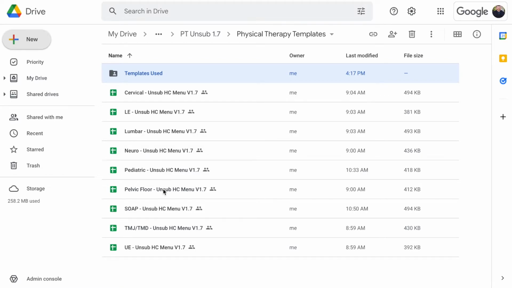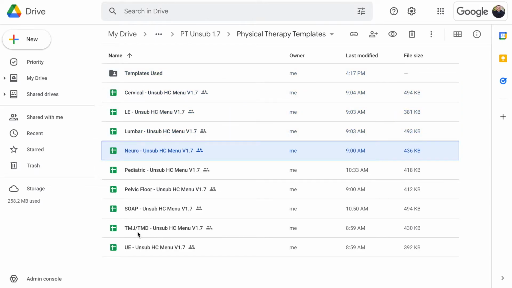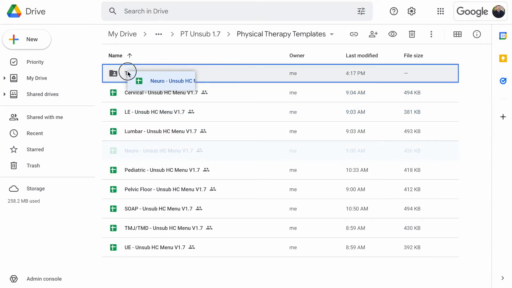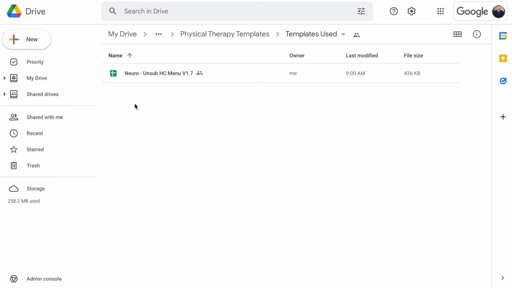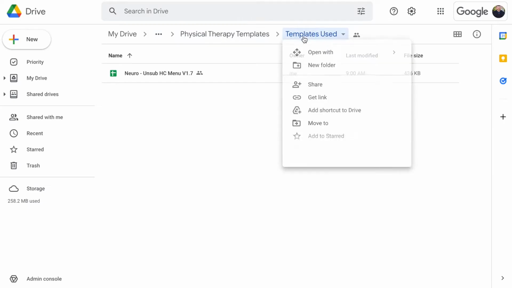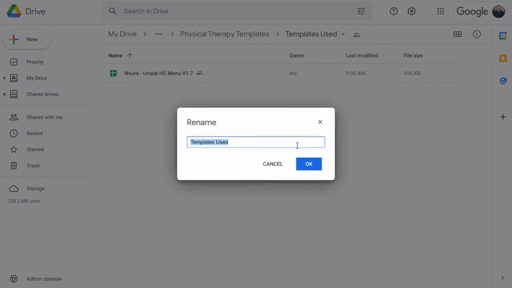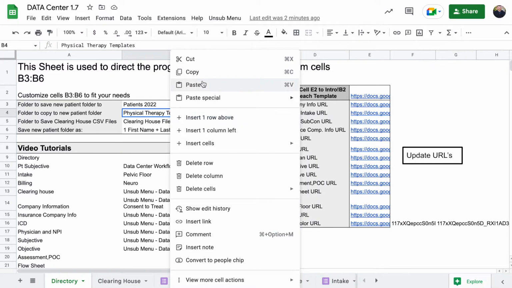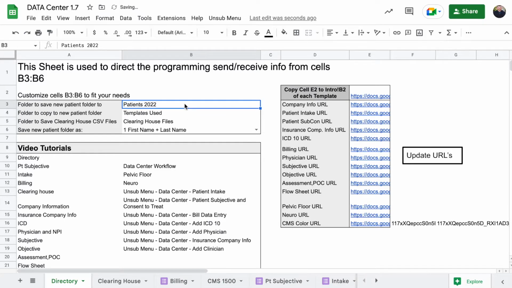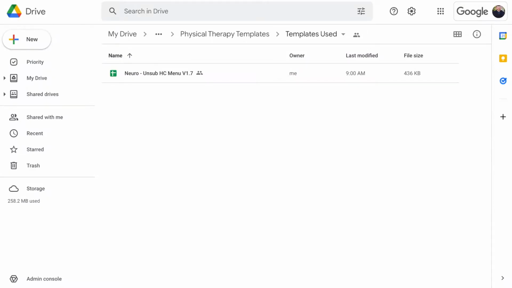And say you really only work with like neuro population, you would just put it in there. So now the file is in here. Again, let's right click so we can click rename, Control C, and come back to the data center, and we will paste it here. And now when we go to make a new patient folder,